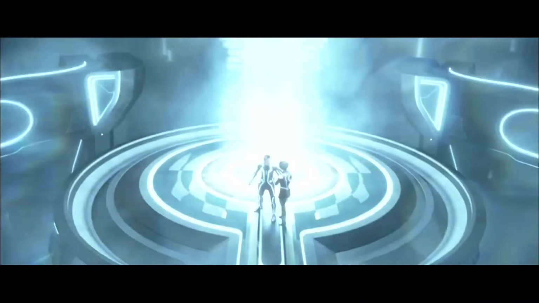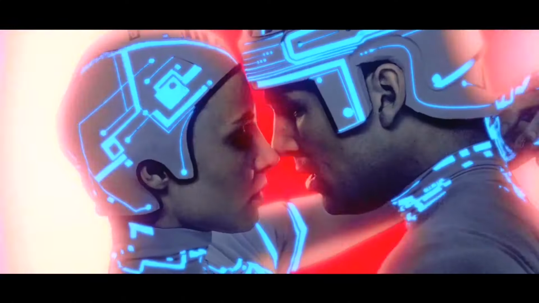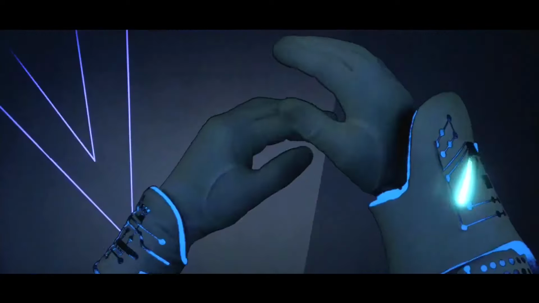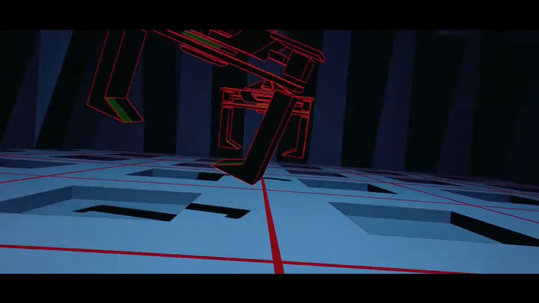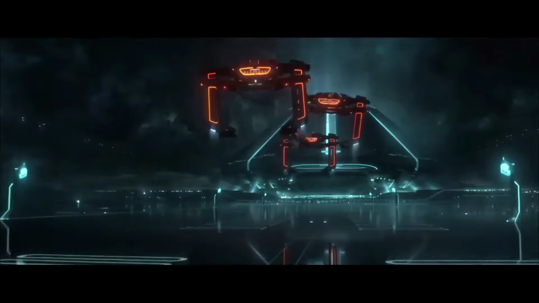I would say that the most important element in the world of Tron is light. I think that transcends our film and the first film. When you look at the first film, you think of the lines of light that kind of define the characters and the architecture and the vehicles. That's very similar to our film.